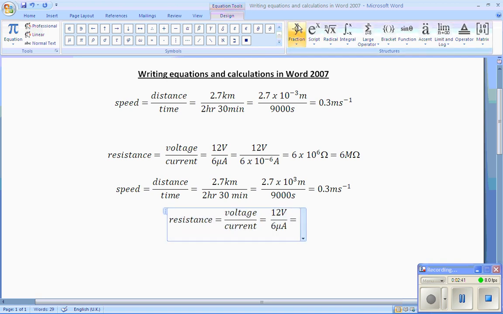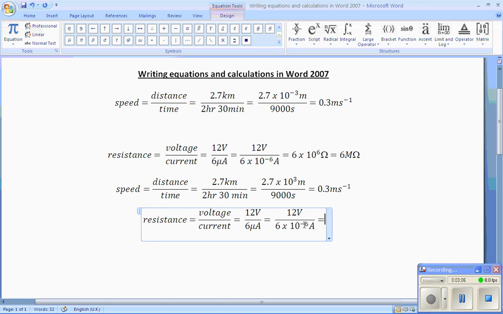That then becomes similar to what we've done before now, and then we can just put our voltage in, and we can say 6 times, then we're going back to this one to give us 10 to the -6 amps, and that then equals 6 times, and again we're going to have to put this in for our standard form,